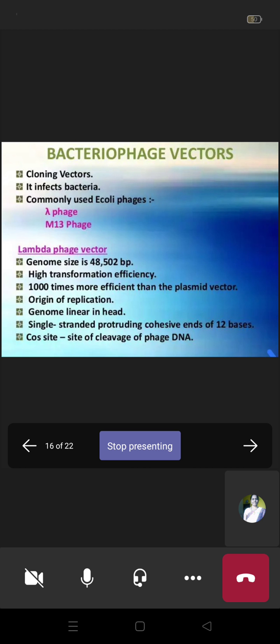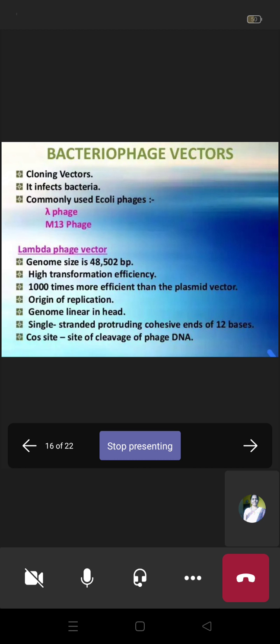So this is bacteriophages. These bacteriophage vectors have linear DNA molecules into which foreign DNA can be inserted at multiple restriction enzyme sites. Okay, so multiple restriction enzyme sites means that using different types of restriction enzymes, the foreign DNA fragment can be inserted into this type of vector. And the middle of the phage DNA is non-essential and can be replaced with the foreign DNA without disruption of its function.